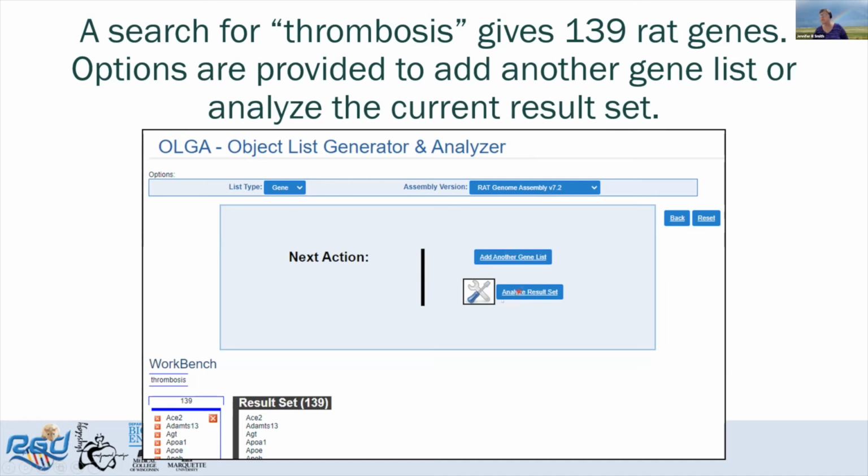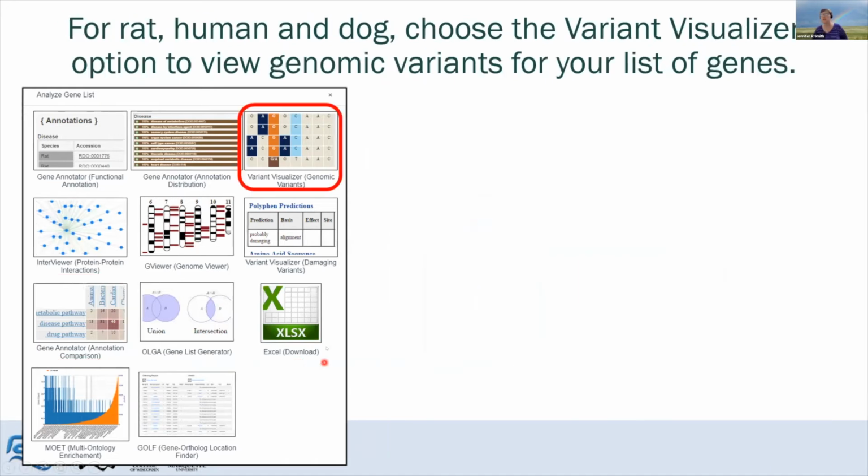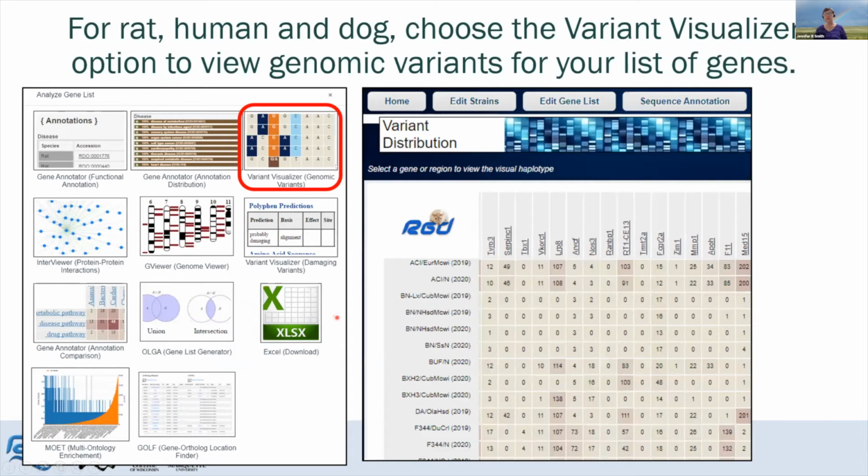I'm just going to say if you hit analyze your results, it automatically sends that list of genes to any of the tools in the RGD toolbox. And I'm not going to talk about the GA tool, but I will mention the variant visualizer. This will also be talked about later in our mini symposium,